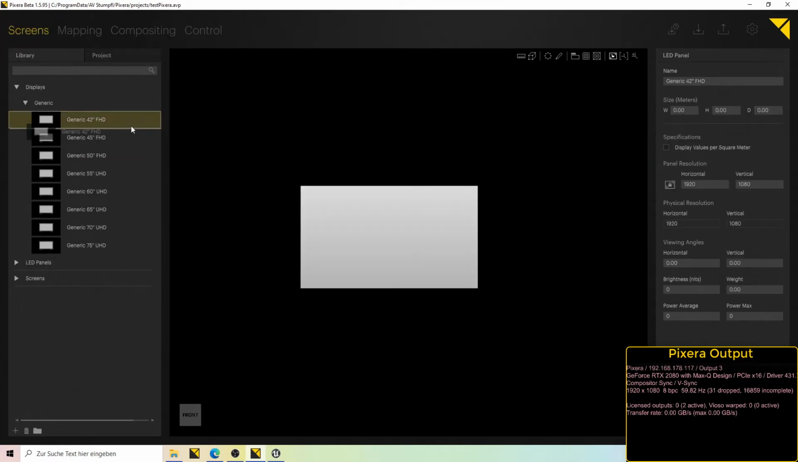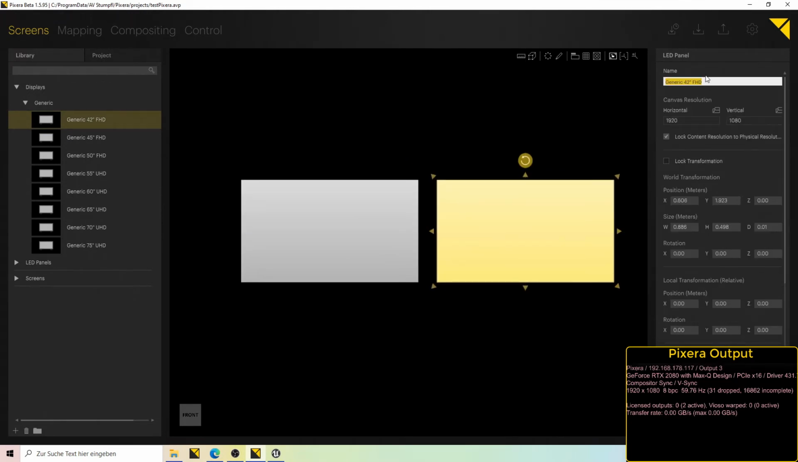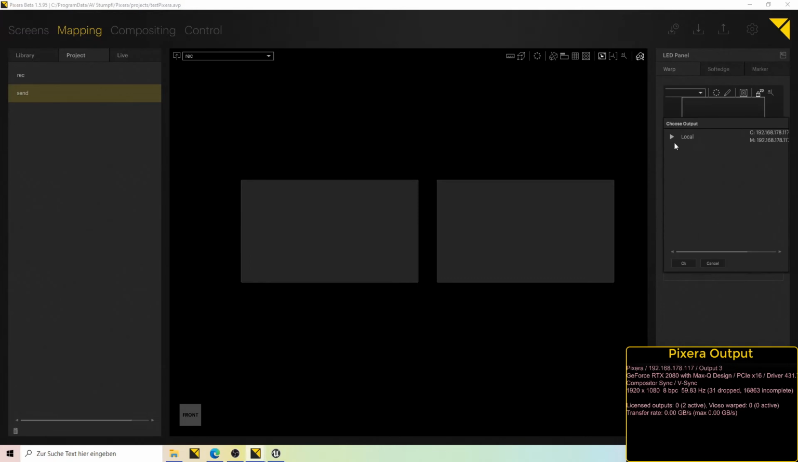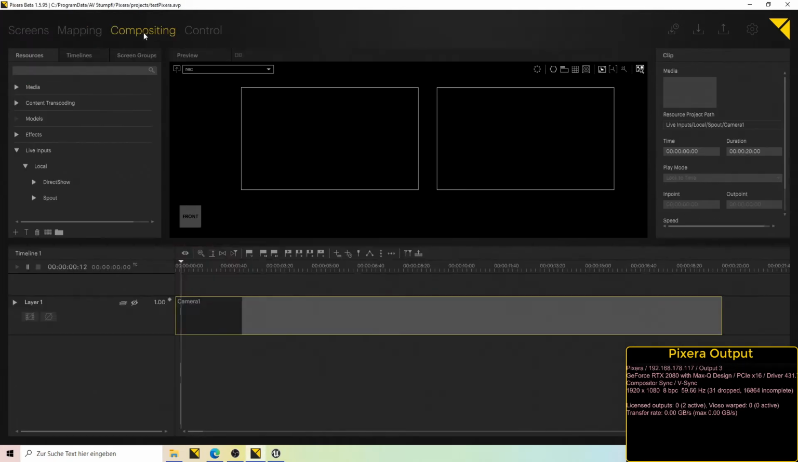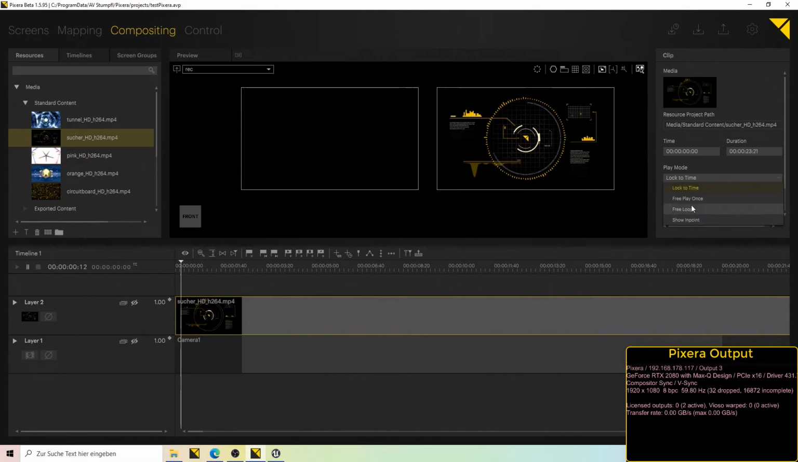I create a new screen. It's my sending screen. Route it to the spout out. Put some test content on it and put it in free run. So this is everything I have to do inside of Pixera. In Unreal,